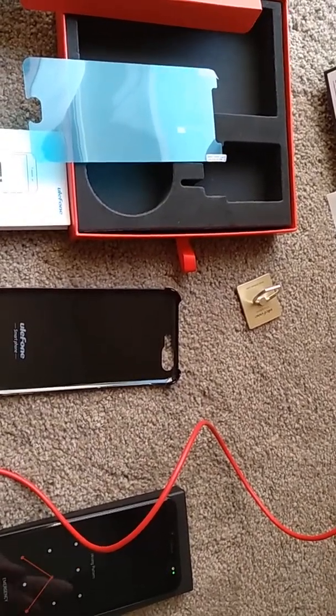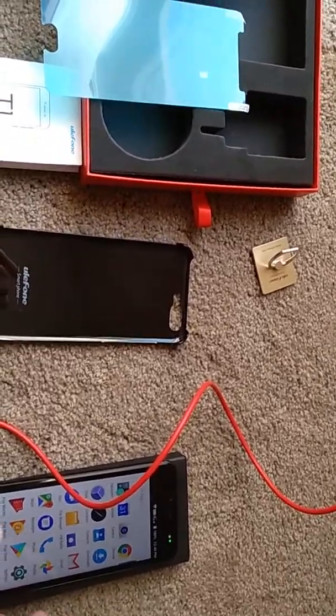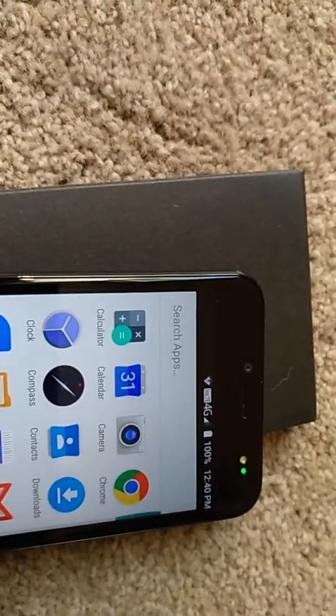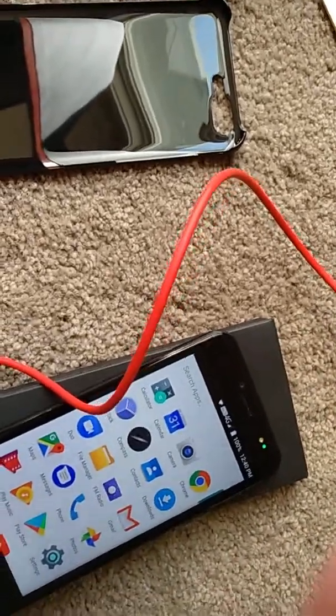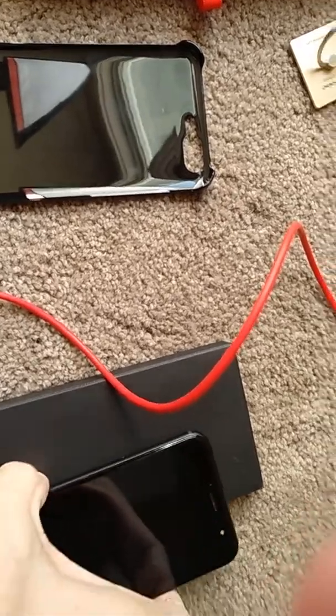And how does it work? So far, I just got the phone, so you guys are seeing what I'm seeing, but you can see I just popped my SIM in there from T-Mobile, and I'm getting VoLTE 4G without having to do anything. I didn't adjust the APN or anything. So I'm going to unplug this and just give you a brief